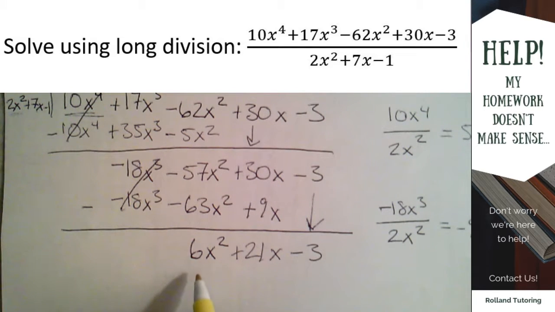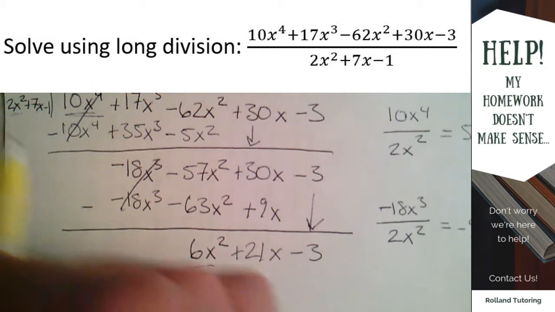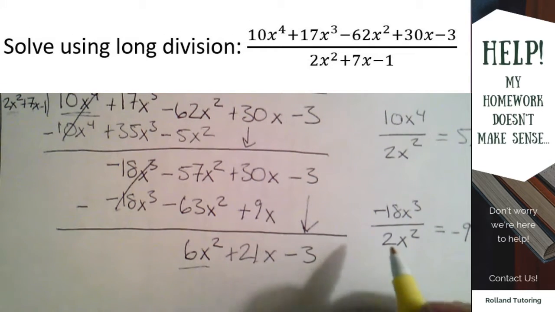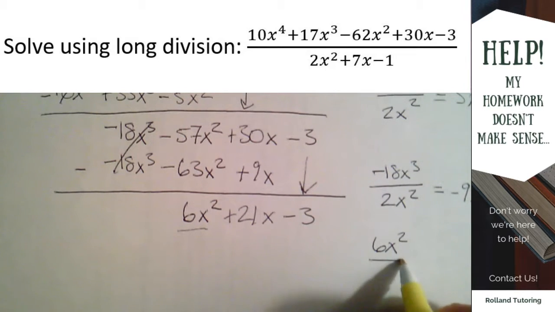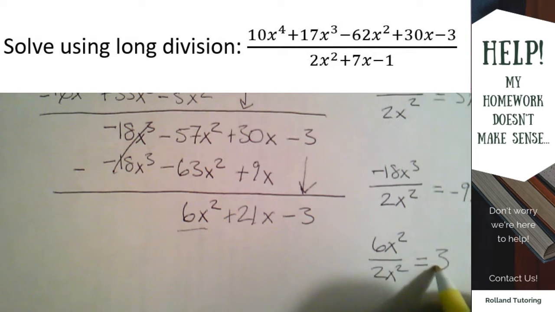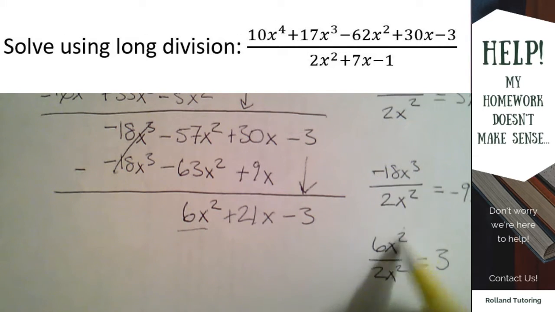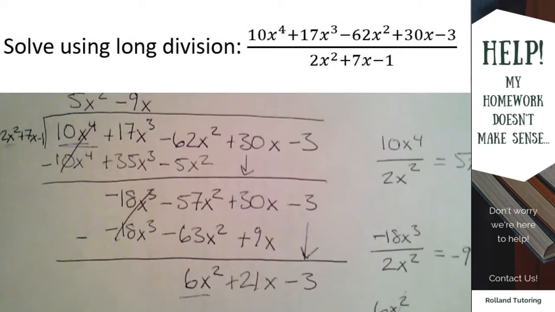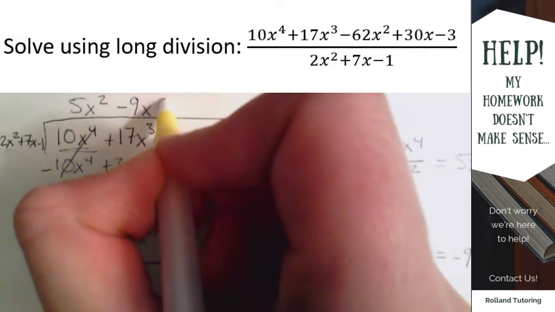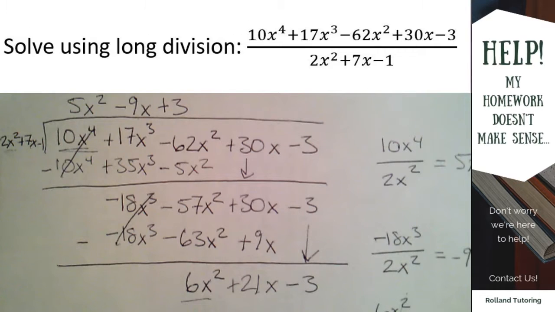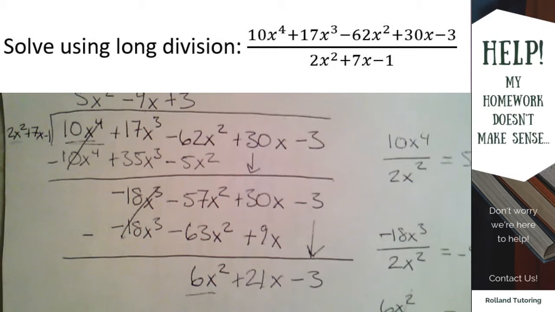So our next step now is going to be divide this term by our 2x squared. Come over to the side again and get 6x squared divided by 2x squared. We end up with 3. That is because our x squareds both cancel out here, leaving us 6 divided by 2 is equal to 3. So we can go way back up to the top here, say plus 3. So then we'll take our 3 times each one of our terms and get